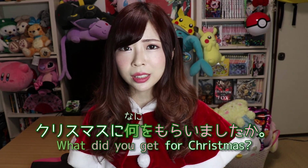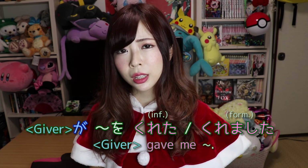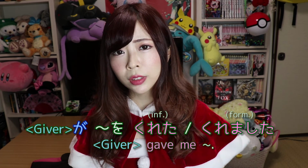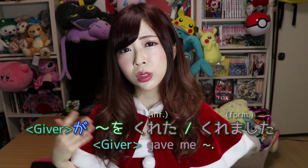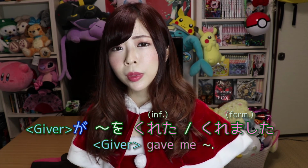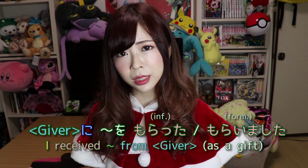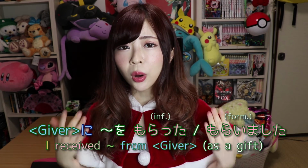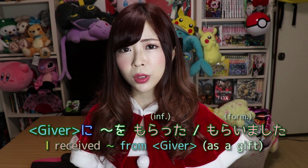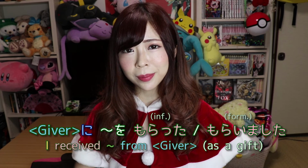So to answer that question, you can either say someone が something をくれました if you really wanna say who gave it to you, or you just want to show appreciation that that person is nice enough to give it to you, or you can answer like someone に something をもらいました like I got something from someone, or you don't even have to tell me who gave you that. You can just say something をもらいました or something をもらった。